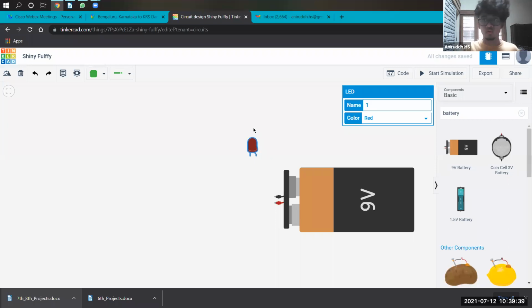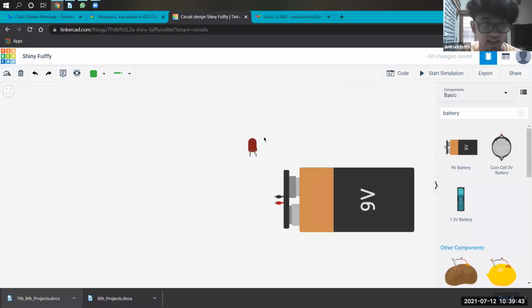One thing you need to remember, write this down. This device is called an LED, capital letters, and we don't have to worry about the full form. It has two wires, one on the right and one on the left. The wire on the right, which is slightly bent and longer, is the positive wire. The wire on the left is the negative wire. So the right is positive, the left is negative.